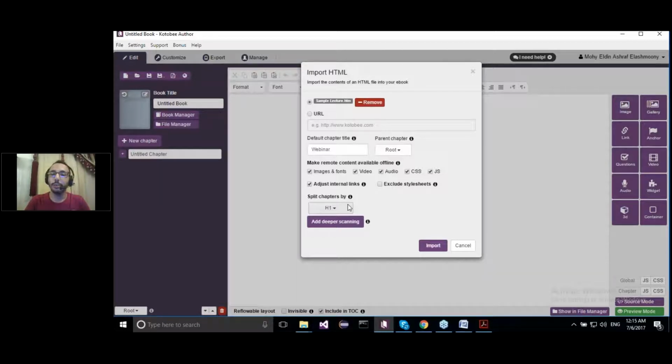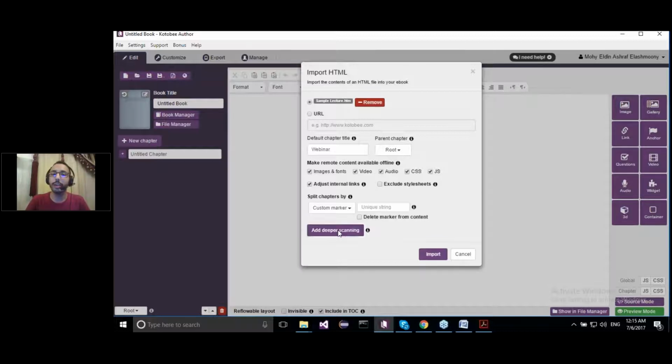Now, if we import it with the default option, or "don't split," the whole document will be imported into a single chapter, one page, and we don't want that. We want it to be split into pages just like it appeared in the Word document. So I will choose a custom marker. We have other options: heading 1, heading 2, heading 3, paragraph, div, but I will choose the custom marker